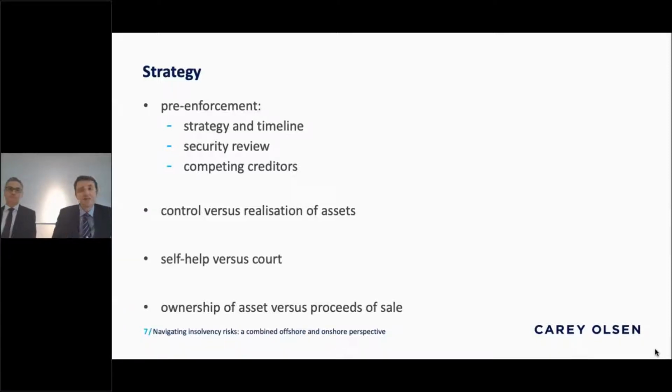As to what those likely decisions are going to be, it's what powers you're going to use. We see, as I put on the slide there, the real decision is whether you need control of the assets, realization of the assets, or possibly both of them. You might need control, the possession type steps, if there's a threat to the assets, if they're deteriorating, or if there's a risk of them going astray. Similarly, you don't always need realization of the assets. You don't always need to get the value out of them. It may be that in your particular circumstances, simply holding the assets for a while, giving your counterparty an opportunity to raise funds, can be enough of a solution.